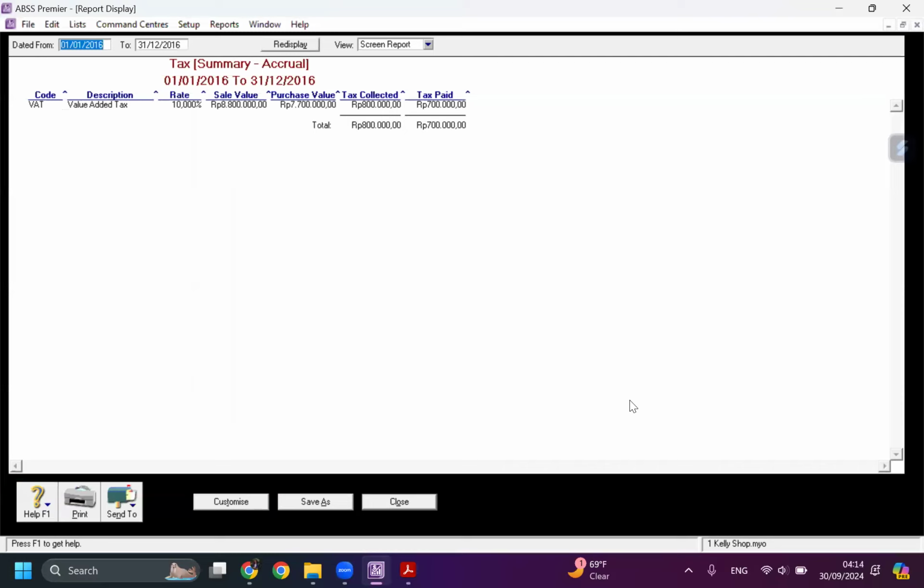Display. Okay, I think this menu is showing the right information that we need. We are going to clear all tax we already have here. We already paid tax paid PPN masukan is 700,000, but our tax collected is 800,000.